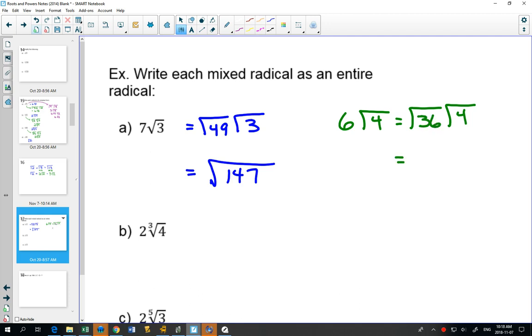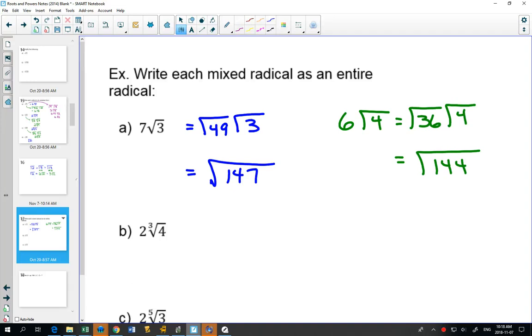And 36 times 4, 144. Well, 6 root 4's is actually 12, right? Can you see that the square root of 144 is 12? And could you see that you could have changed the square root of 4 to 2 and got 12 that way? But when we're asking which one is bigger,